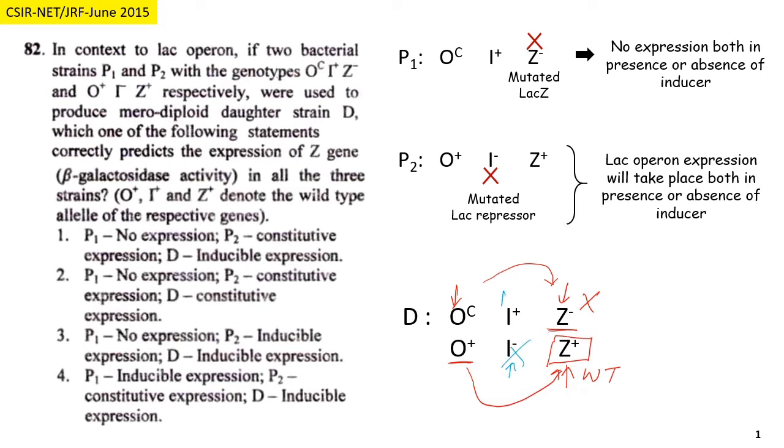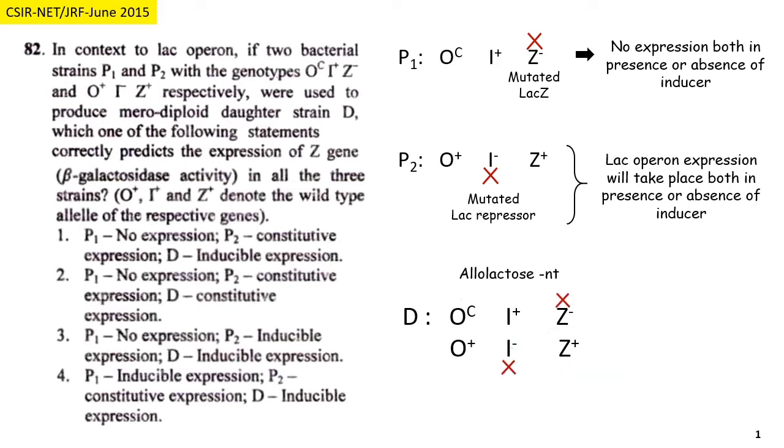Now coming to this repressor molecule, it is the wild type repressor gene, and it will produce active repressor molecule. The active repressor molecule will bind to the operator when the inducer molecule is absent, and in the presence of allolactose it will be inactive. Now we know that the repressor molecules are trans-dominant. First of all, these two genes are not of any interest.